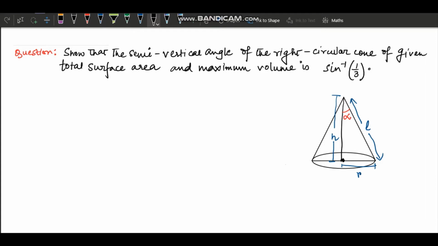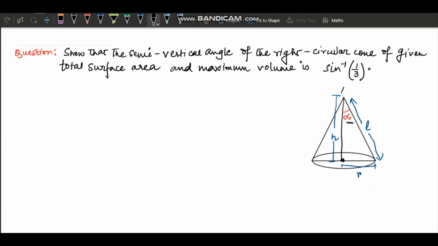In this video, I will discuss a very important sum from the topic Maxima and Minima from Applications of Derivatives. Let us first read the sum. Show that the semi-vertical angle of a right circular cone of given total surface area and maximum volume is sine inverse 1 by 3. Now, if you look at the figure, you will understand that this alpha is the semi-vertical